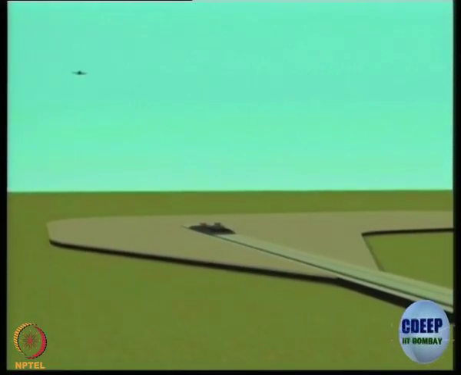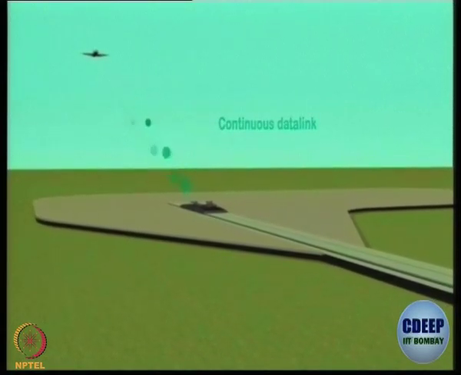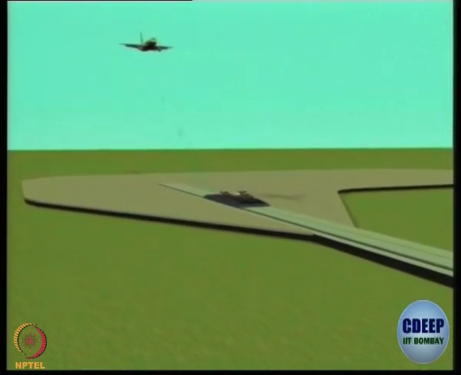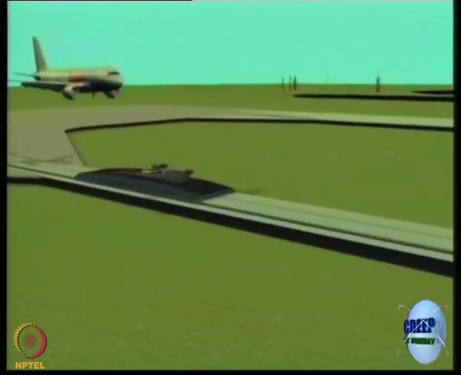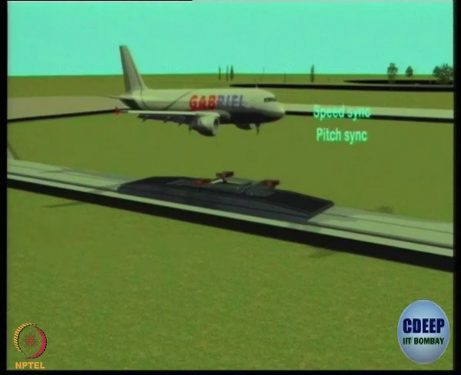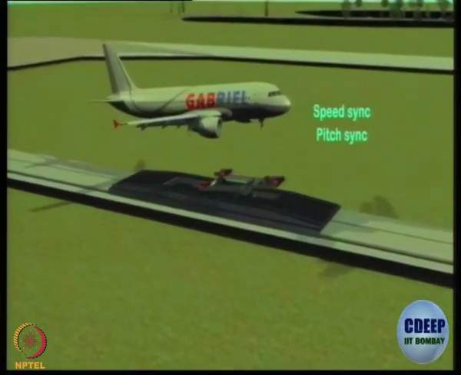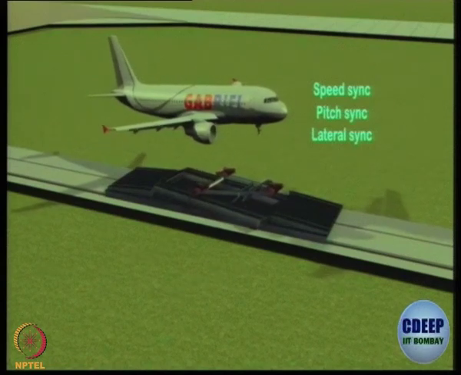Well, this is all about proper synchronization. The acceleration of the sledge must be precisely controlled. A reliable high-speed data link will take care of the automated synchronization process. Precision is crucial. By the time the aircraft reaches the flare position, the sledge must be right underneath without any difference in velocity. Moreover, speed is not the only parameter to be synchronized. At the moment of touchdown, different aircraft's angles of attack may vary. Not to mention the longitudinal slippage phenomenon of landing in crosswind conditions.